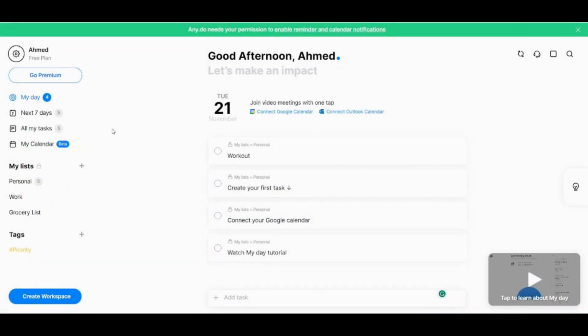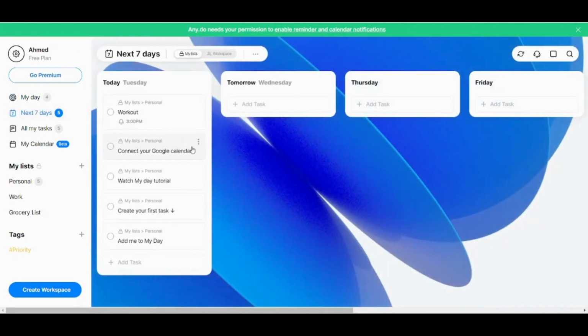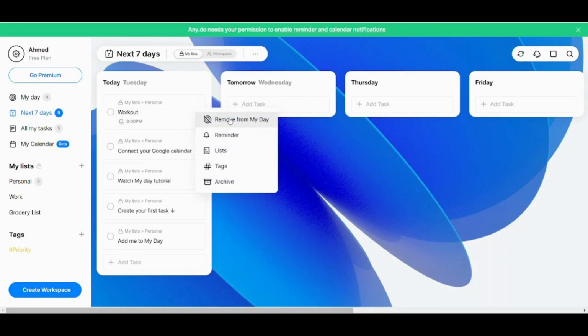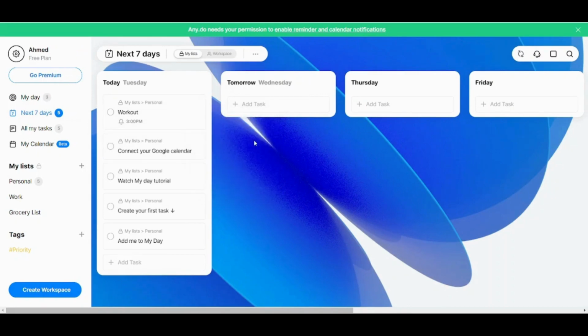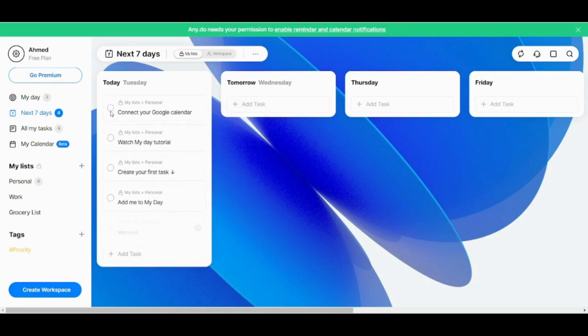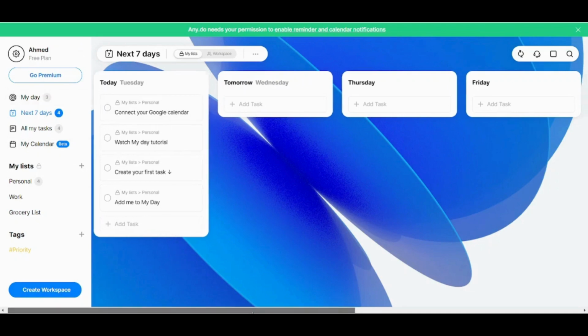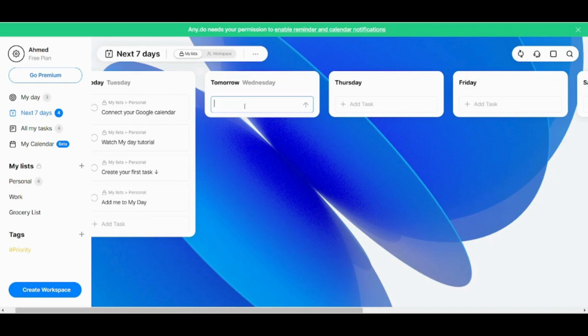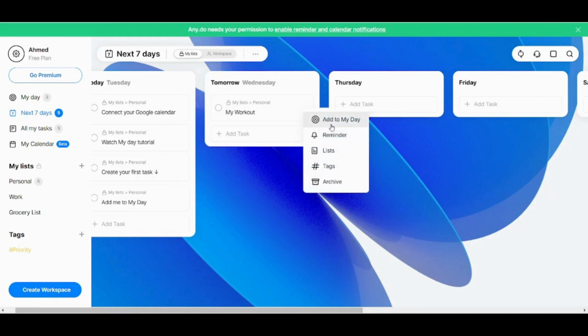You can also add tasks to any day of your week by going to next 7 days here, and instead let's just remove from my day. And press on it so that it will be done, and remove it from here. So now let's just add my workout to any other day. For example, tomorrow I will write my workout here, and I will press on this so that it will be added. I can also add to my day,